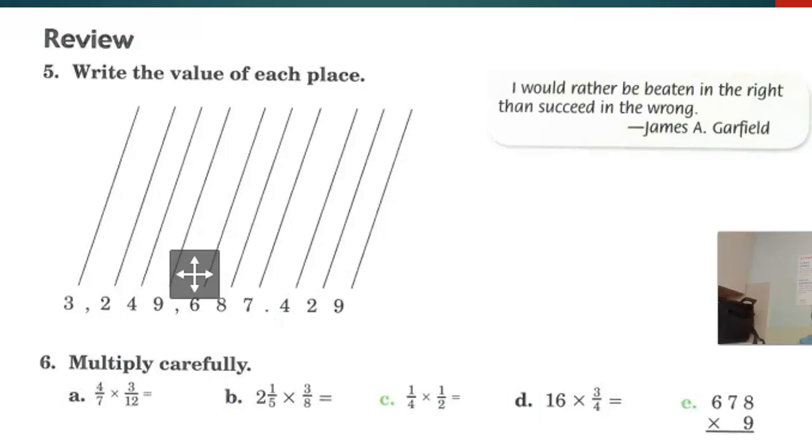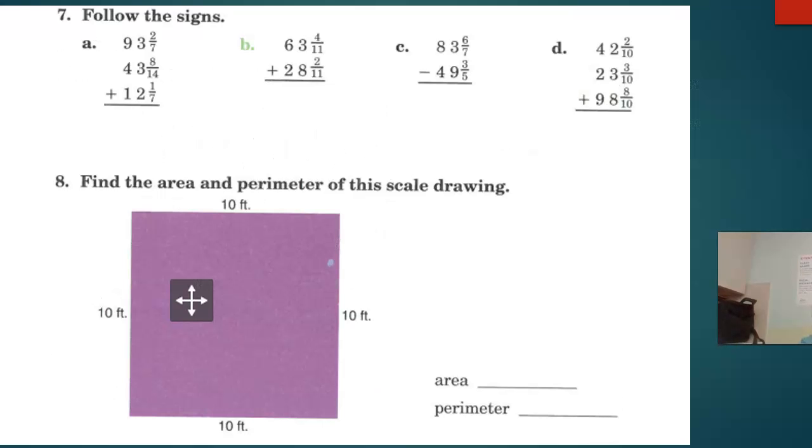A decimal. We have a decimal in this problem. Sorry, it's flipping forward on me and I don't want it to. All right, let me